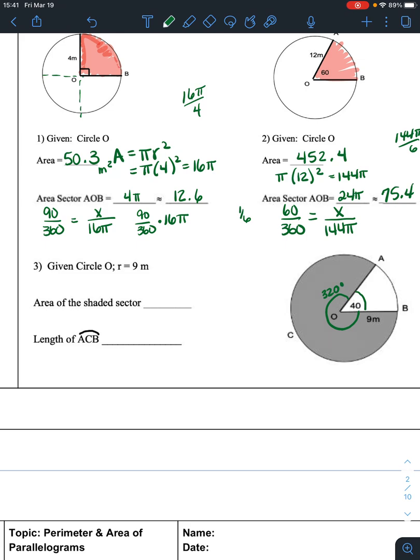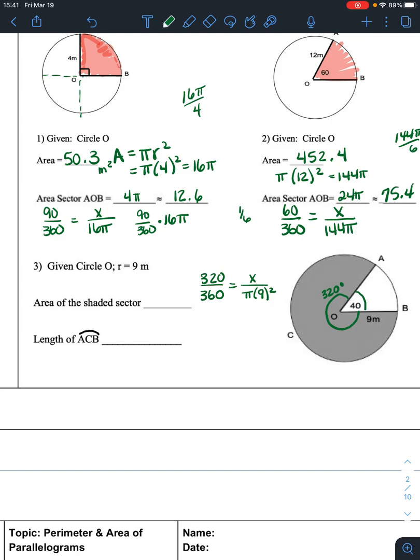So the area of the shaded piece, you can do this all in one step. You don't have to find the area first. It's 320 divided by 360 equals the area that I want over the whole area. Well, the whole area would be pi times r squared. That's the whole area, right? It's part over whole. So you would type in 320,